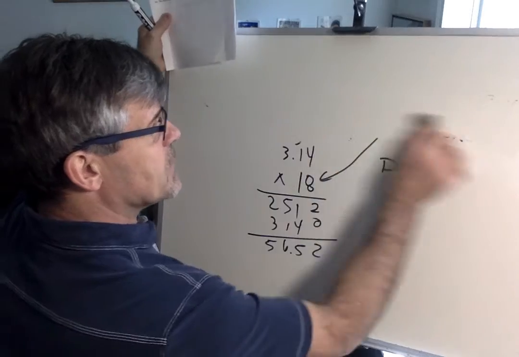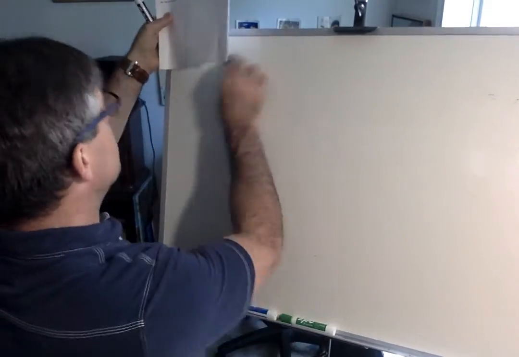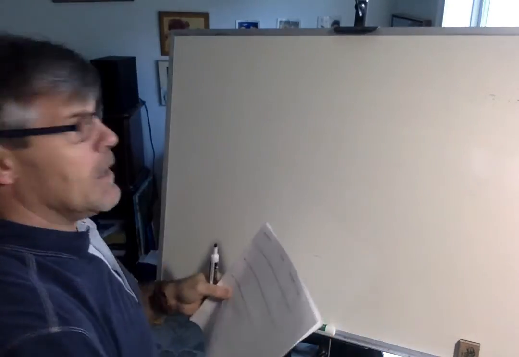And this is a little different. This is backwards. I'm giving you the circumference. So we have a